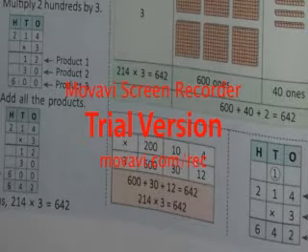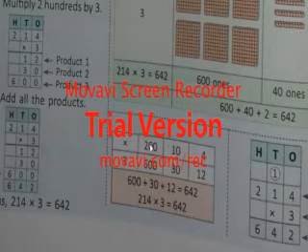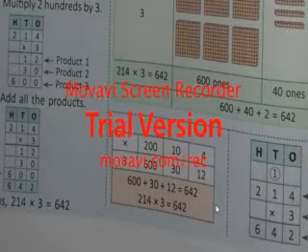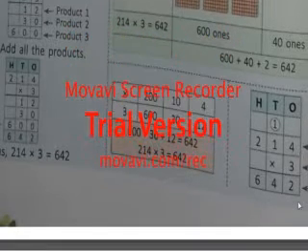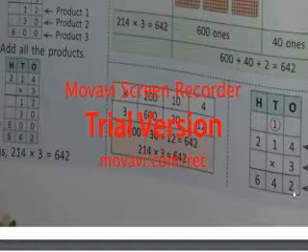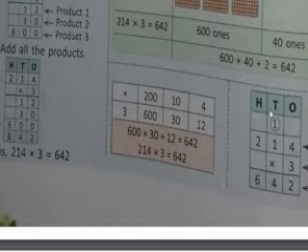If you see over here, it has also been shown 3 into 200, into 10, into 4. So 4 3 is 12, 10 3 is 30, 2 3 is 600. So 600 plus 30 plus 12, it becomes 642. Like this also you can multiply. And the shortest way is like this. You can see 4 3 is 12, 2 carry 1, 3 1 is 3 and 1 is 4. In the same way 2 3 is 6. Now see multiplication, multiplier and product.